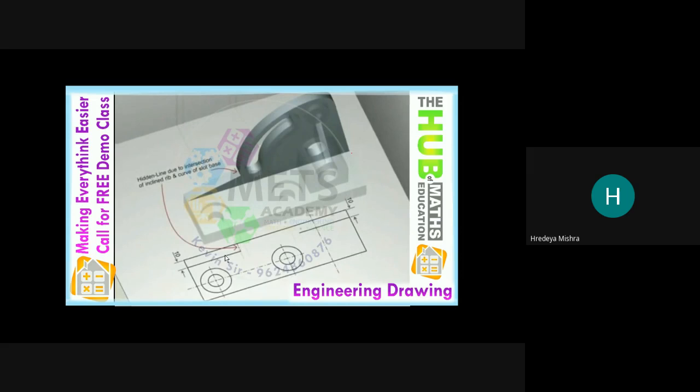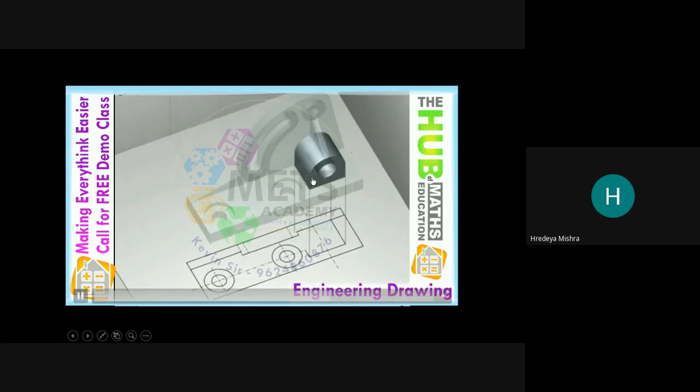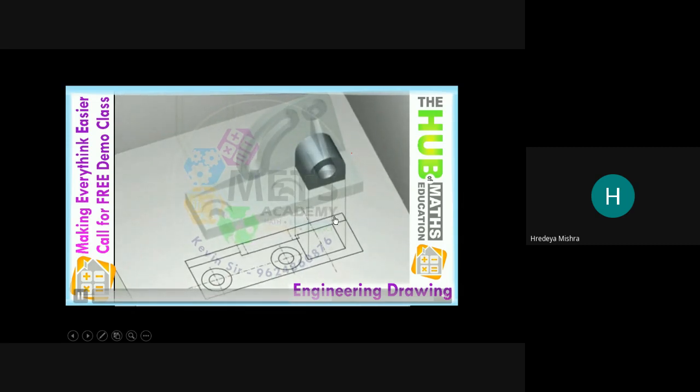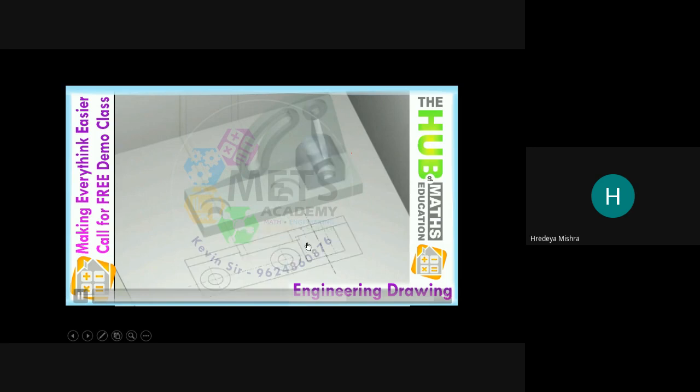See here. For this object, so here you can see the overlapping things here.